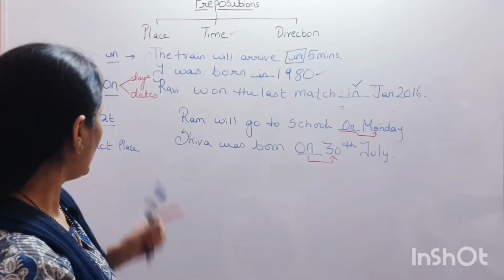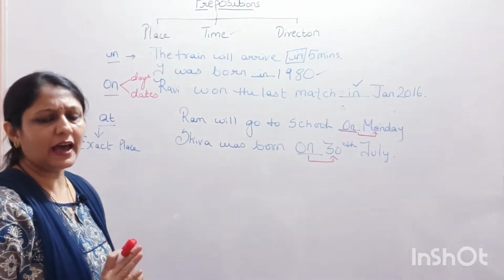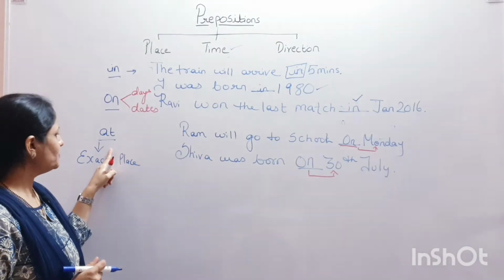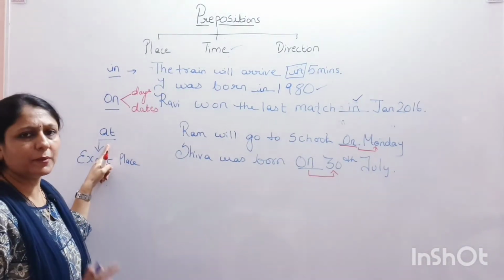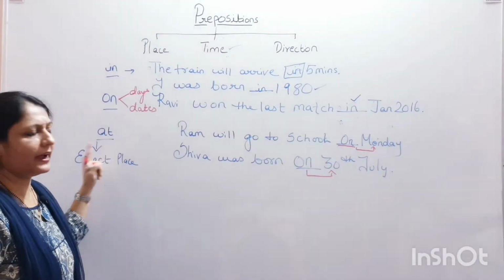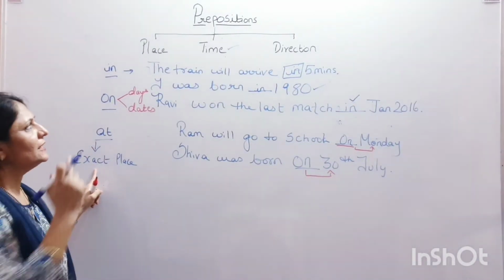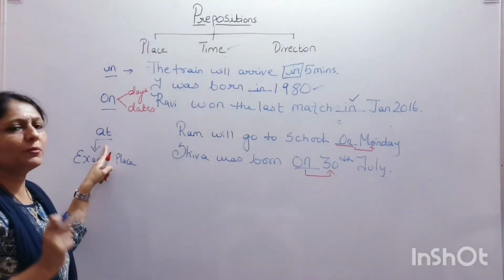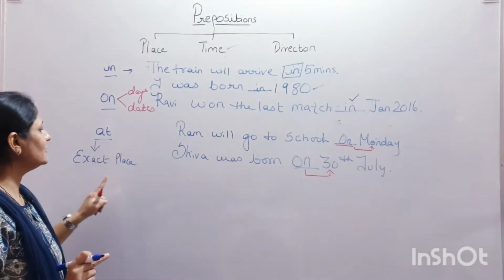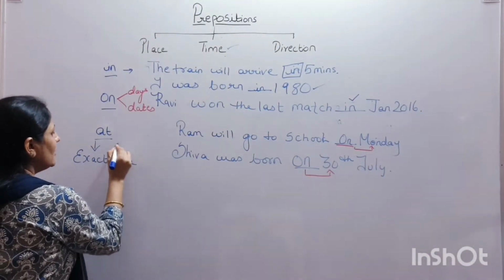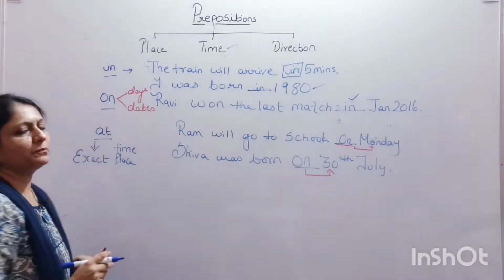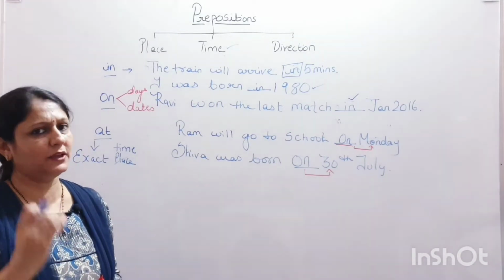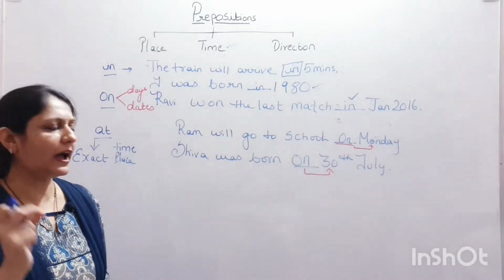Okay. Now coming to the third one, it is at. Now coming to this series, the last preposition of this series, that is at. Like we had used in place, it is used for exact place. Similarly, with time also, we use the preposition at for exact time. Here we will cut this place and we are talking about the exact time. Whenever I am referring about the exact time of any action that is being done, I will always use the word at. For example,